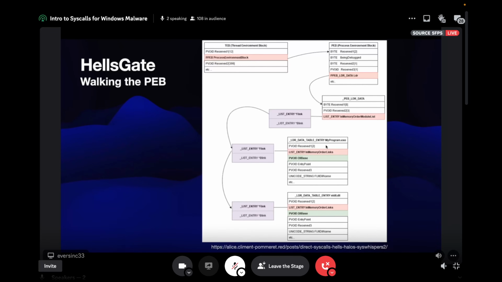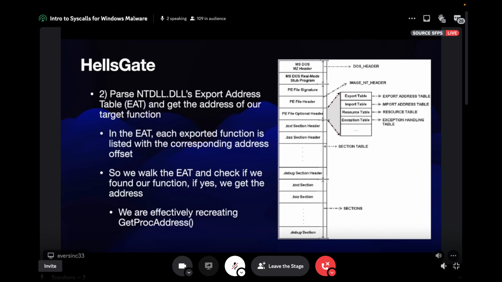The first module will usually be your program, the actual exe itself, the PE image. The second entry will usually at least be ntdll. By accessing the second entry, we can access the structure on the bottom right, which contains the DLL base address. So by walking the PEB fields one after the other, we can get the address of ntdll. Once we have that address, we can look at ntdll in memory,